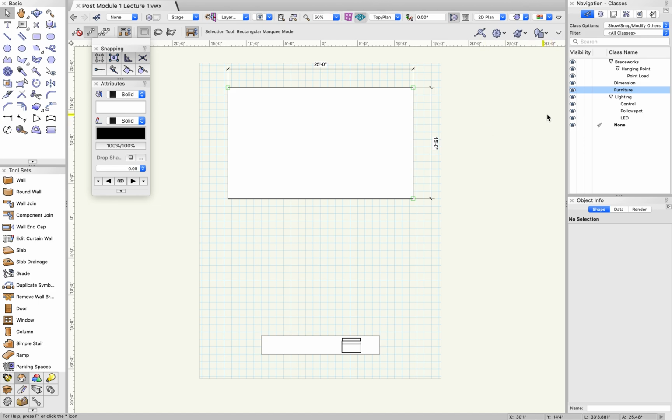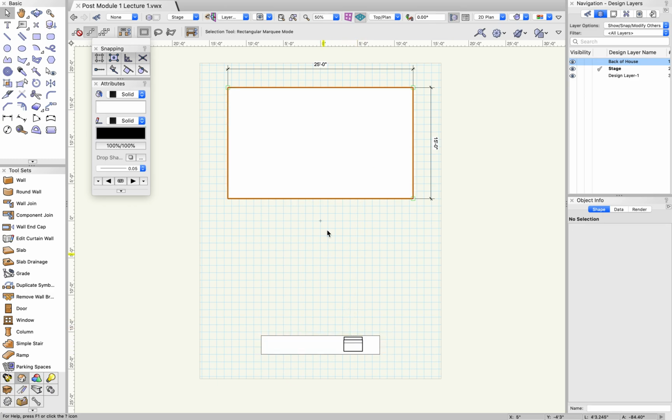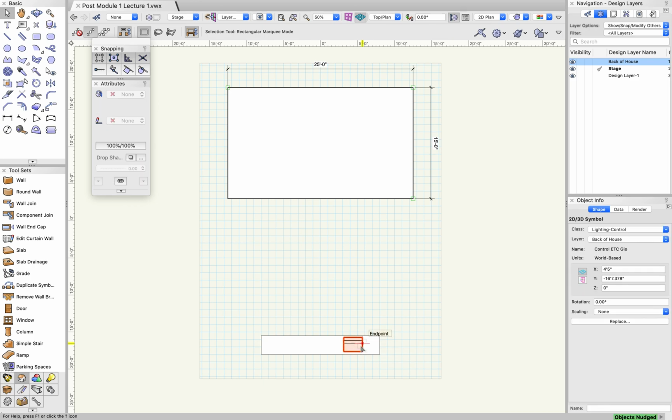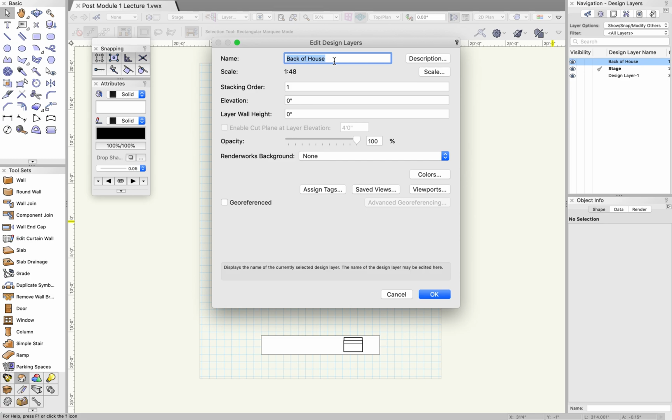So again, the difference between layers and classes: layers have an actual stacked level. So anything that's right now, like if I brought this up here, this would actually be on top of that. The way the drawing views it is that this is on top, so no matter how much I send forward or backward, that's always going to be on top of that. In fact, that's actually the wrong way around,